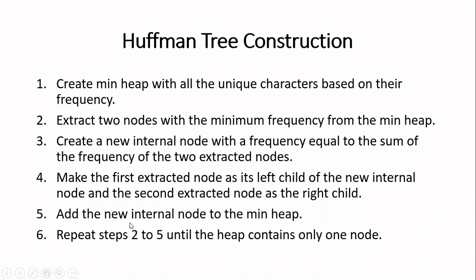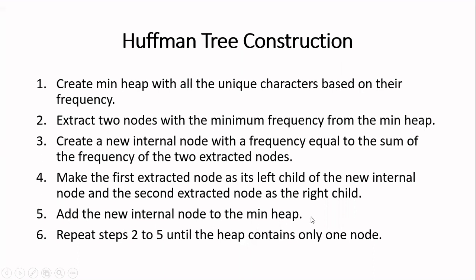Now you have to add the new internal node to the min heap. We have removed two nodes from the min heap and we have created a new internal node. You add the new internal node to the min heap. When you add, it will disturb the min heap property. So again, call the insertion process so that the new node will be inserted according to the rules of the min heap. And once you do that, you have to repeat steps 2 up to 5 until your heap contains